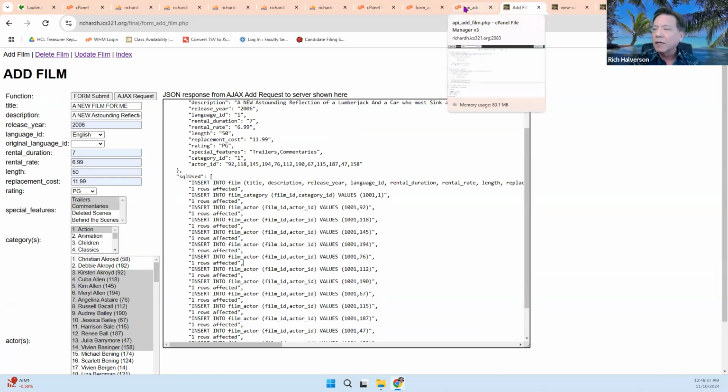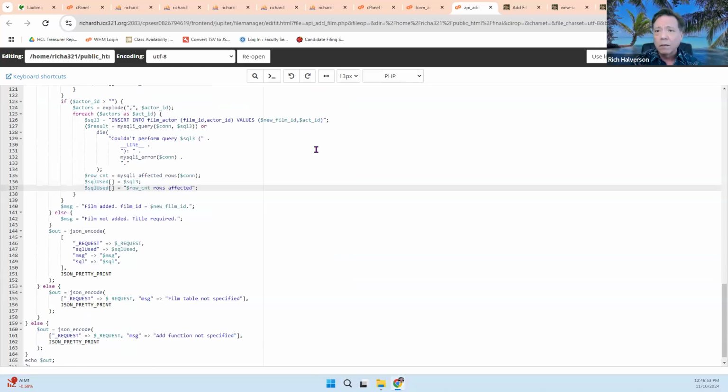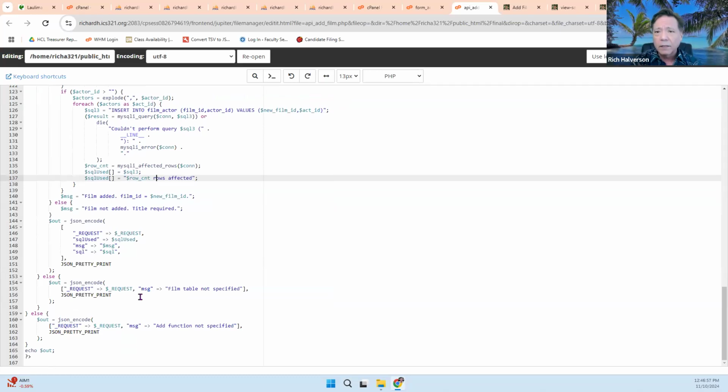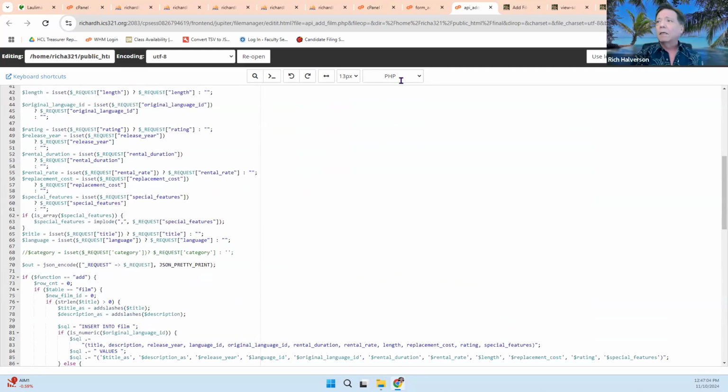It's a good idea to see that for debug purposes. Of course, if it's a production thing, you don't need to do that at all. You're just taking up space. But right now, you want to see everything. We do this also with the update, the next one. All right, so that does it, and you know, it's possible that there's some errors here. That's what these if statements check at the top. So that pretty much takes care of